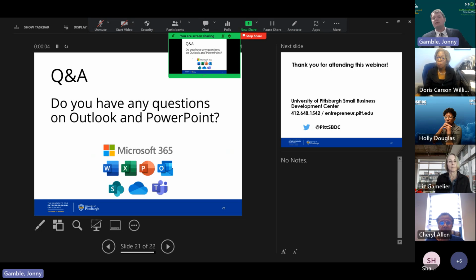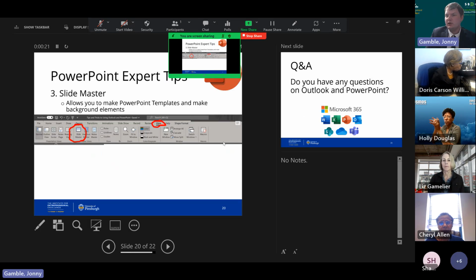All right, you see how this screen right here is just the slide itself. Even though I'm looking in PowerPoint at the presenter view, those people on the Zoom meeting are only seeing that slide. So as I scroll through here, even with me only having one screen right now, I'm still looking at presenter view, and the other people in the Zoom meeting are only seeing the one slide.